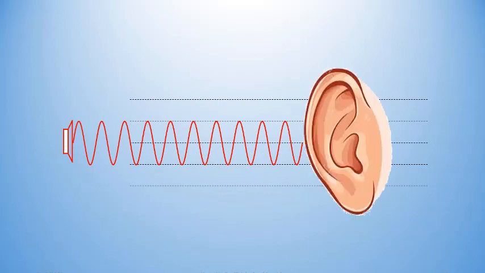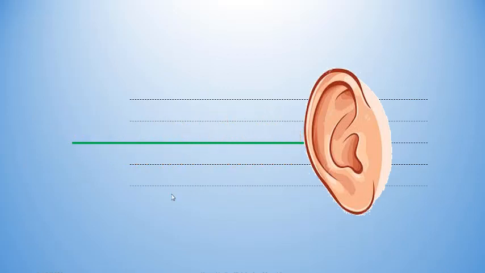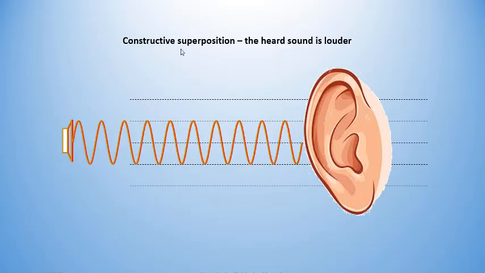Now the same source with another source that is shifted by pi, or is in opposition of phase with the second. What does the ear hear in this case? No sound. This is what we call destructive superposition. Let's know